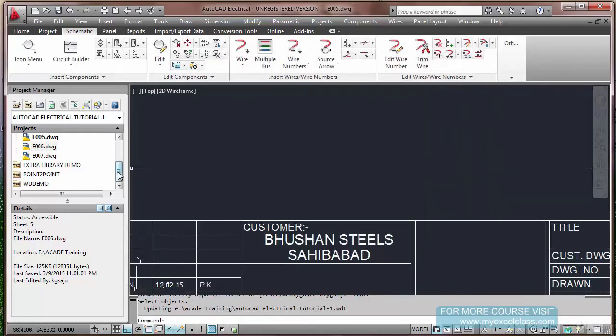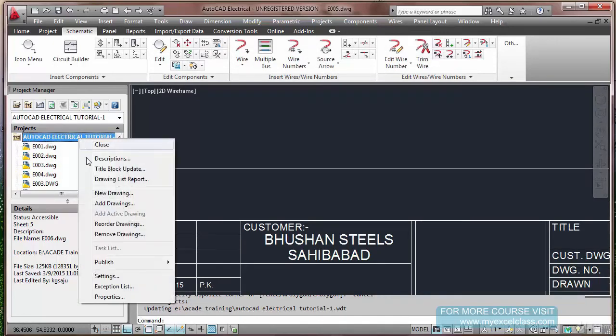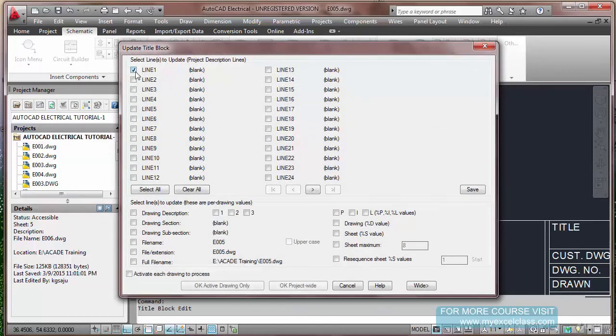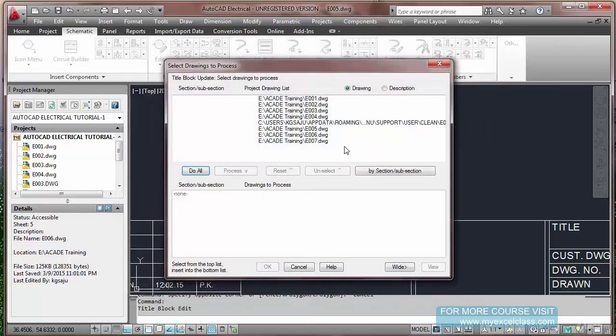Now go here, choose only that, customer name 2. Now go back to the project, title block update, click the first one only, because you have selected only one. If you have changed 2, you have to select 2. That also I will explain. Now you see project wide. If you select the whole project, you can change it at once, but unfortunately the first 4, 5 drawings, apart from the last 3, I mean 5, 6, 7, are a different kind of drawing. So I am not going to touch those.